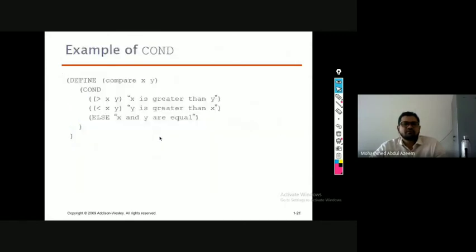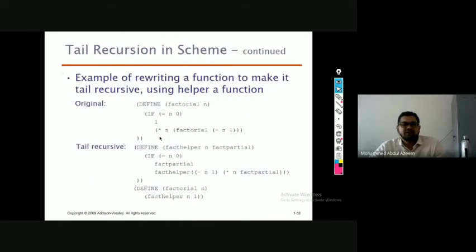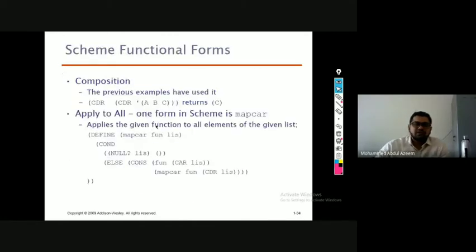So in this case, let us look at this particular example. CDR of ABC you have, right? So what does it return? See, what is CDR? Content of decrement register. It returns the tail by removing the head element. Head is the first element or first atom of the list, and the subsequent or remainder part is taken as the tail. So CDR will return you the tail part.